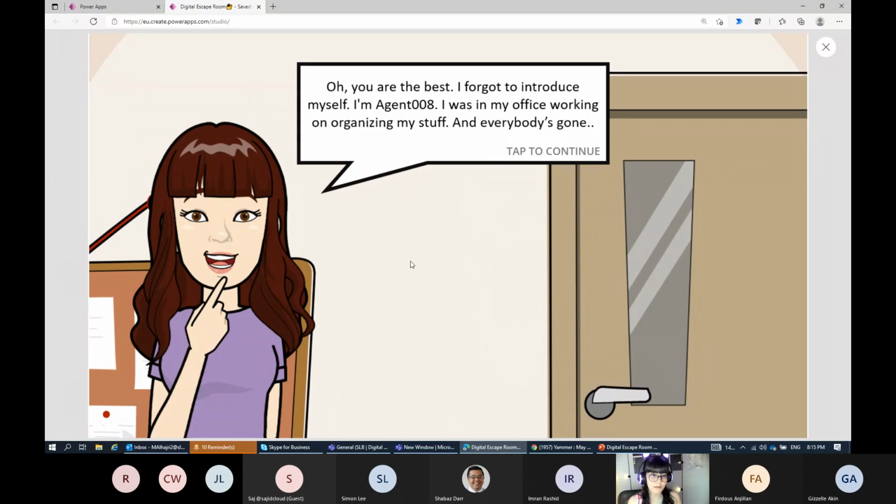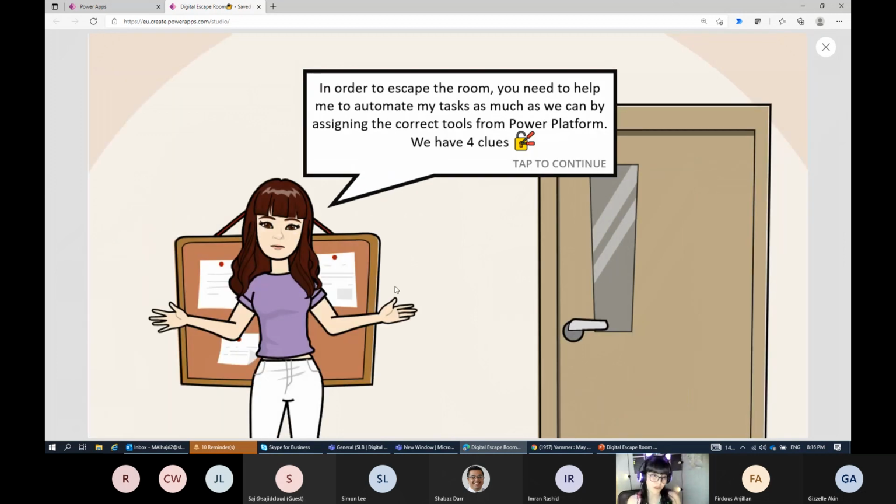So here I'm mentioning I'm Agent 008, and actually I was working in my office, and while organizing my stuff, I explain to the user what they need to do in order to let me out from this office.